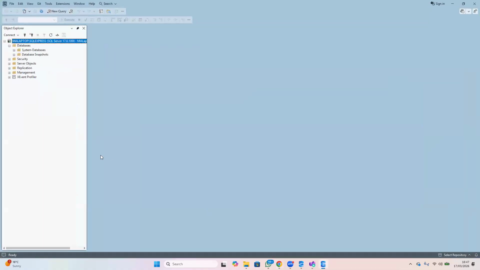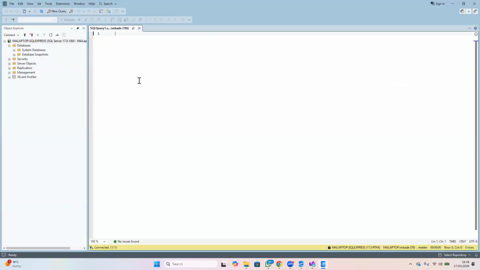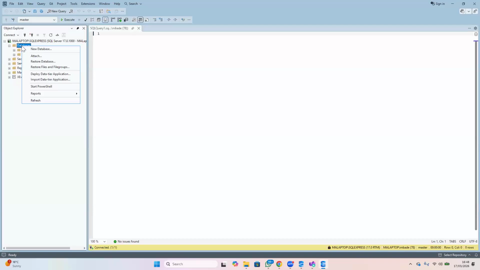So I'll go back to SSMS, and to start a new query, I'll need to click on the new query button here. So click on this to launch a new query. But the main thing we want to do now is to install or restore a backup. So to restore a backup file, you come to your database, right-click on your database, and from the pop-up box, search for restore database. So this is what we need, restore database. Click on restore database,